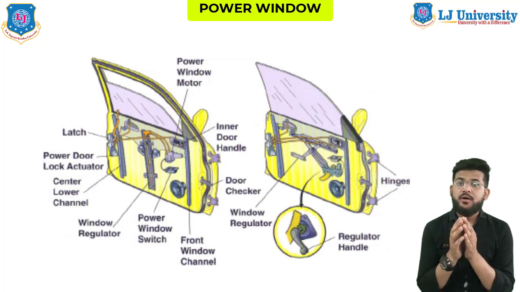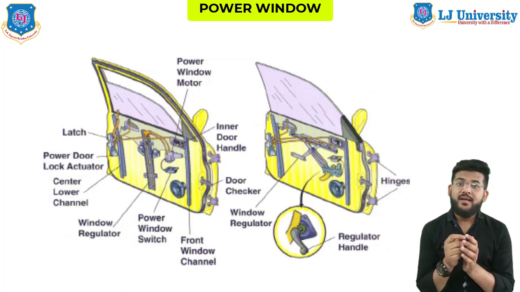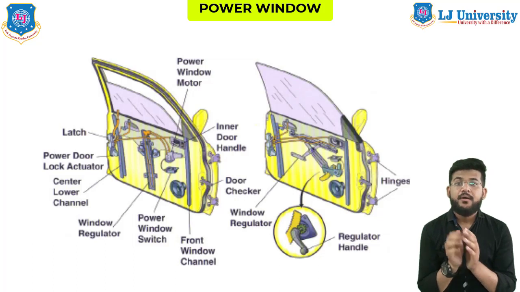Now, window control from the outside is also possible. In a Volkswagen car, you can see the windows can be lowered by inserting the key in the driver's door, then turning and holding it. This feature is controlled by the driver's door module, which monitors a switch in the door lock. If the key is held turned for more than a set amount of time, the driver's door module will lower the window and open it.